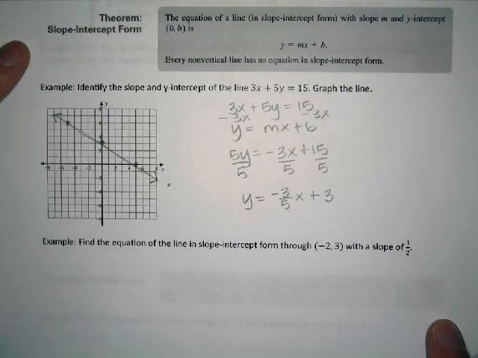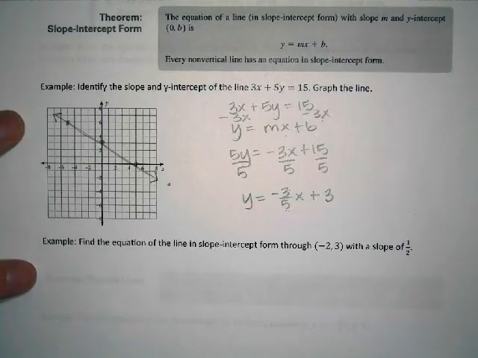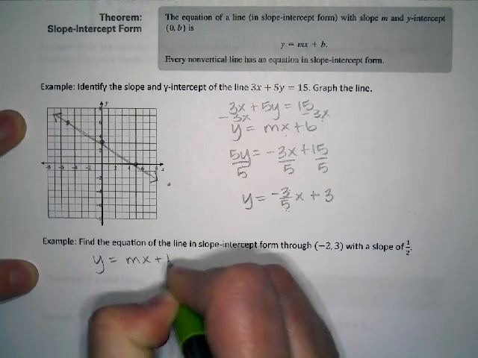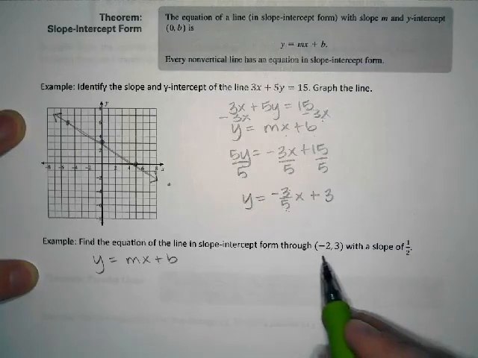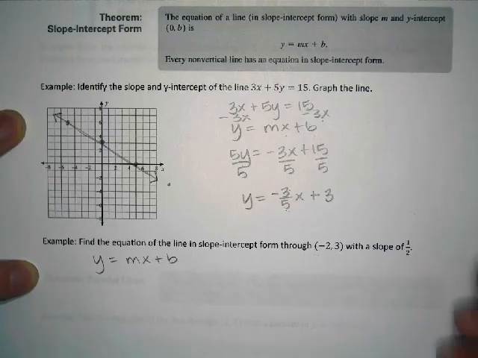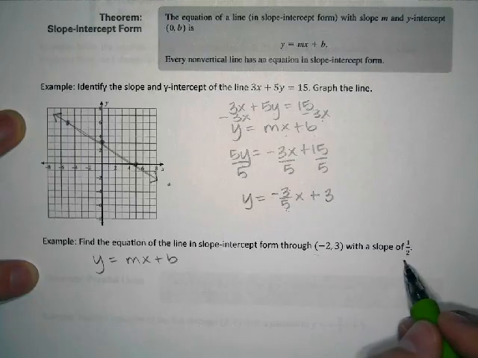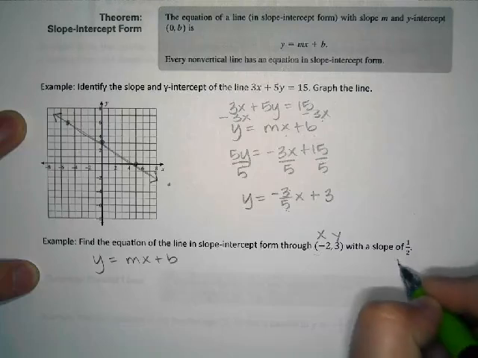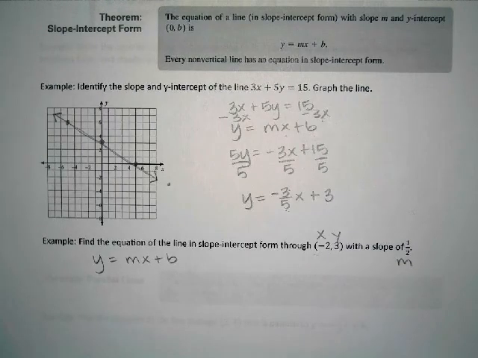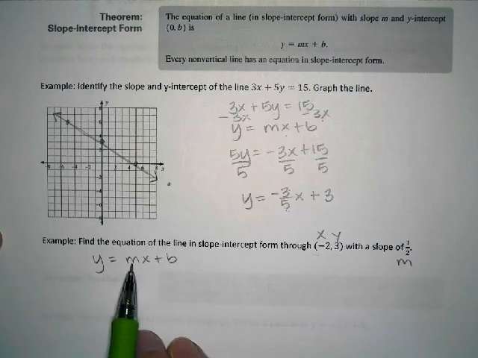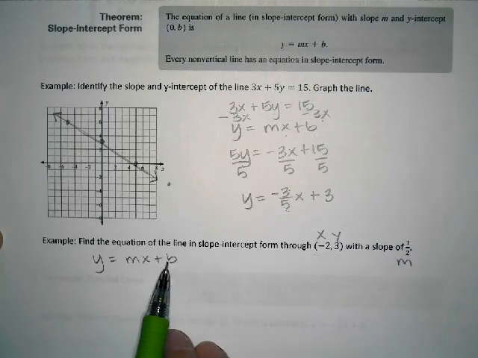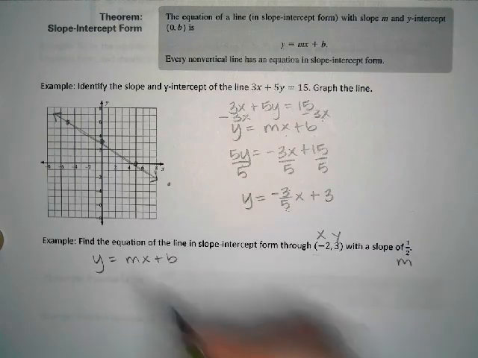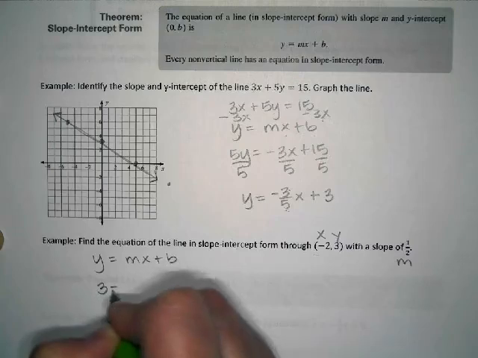Find the equation of a line in slope-intercept form that goes through the point -2, 3, and has a slope of 1/2. So this is an x and a y coordinate. It has a slope of 1/2. To be able to write an equation of a line, you have to have something for m and something for b. So these are the numbers I have to plug in. I'm going to go ahead and plug them in right now. 1/2,